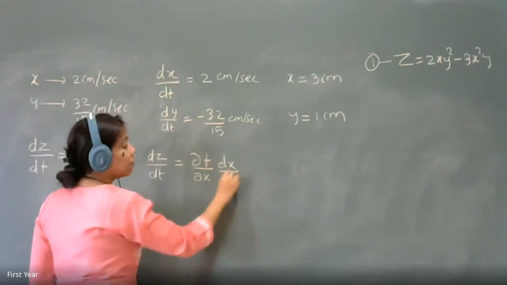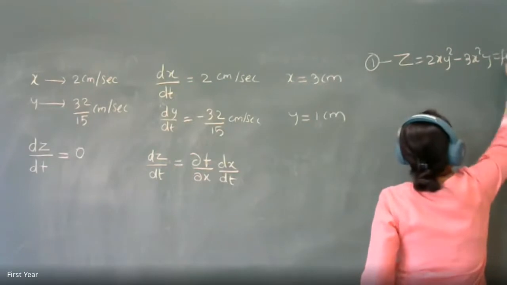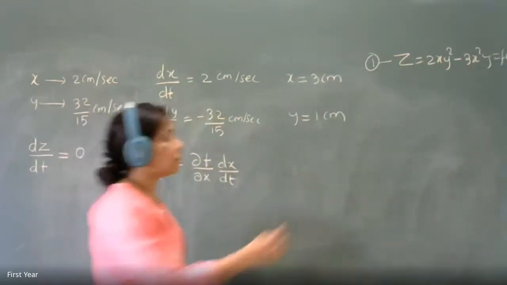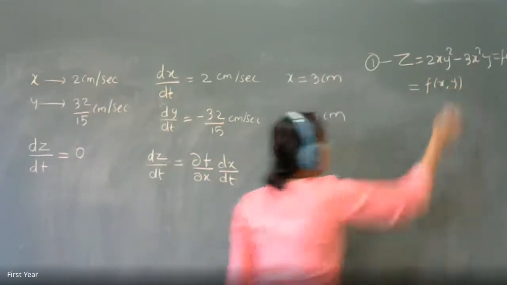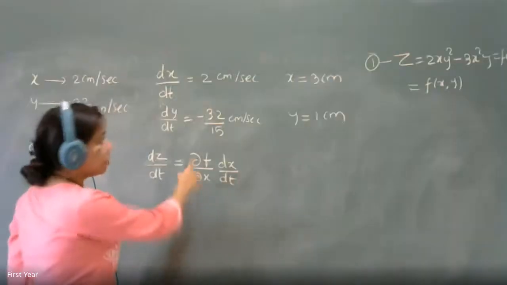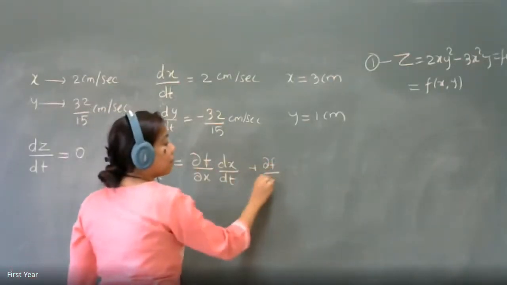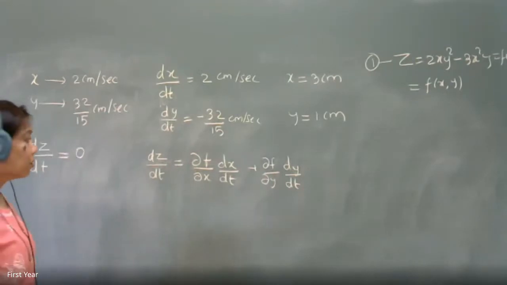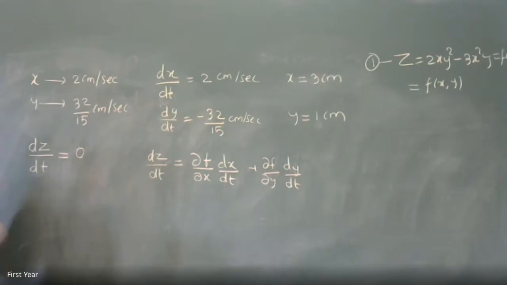What is f? To name that function which is given to you in x, y as f of x comma y. Correct? I have written it on the side as you can see it. Yes. This function is f of x comma y. Okay, so that it will be del f by del x into dx by dt plus del f by del y into dy by dt. Okay, this is direct application of total derivative. So dz by dt, they said that I want dz by dt to be 0.